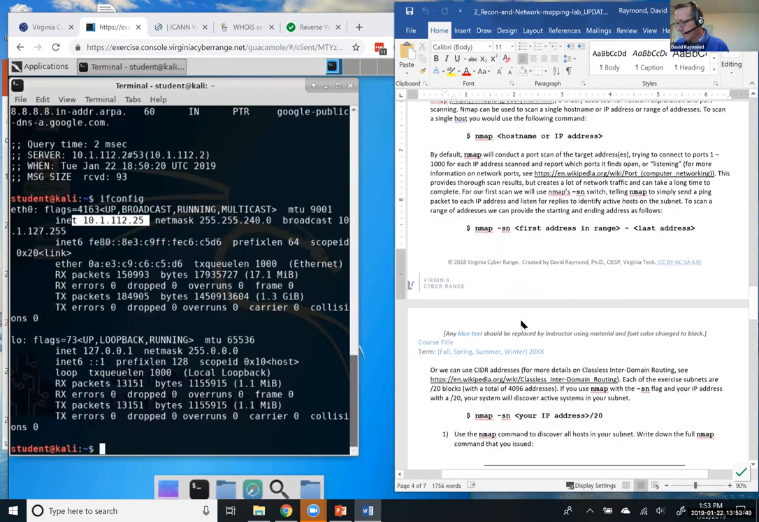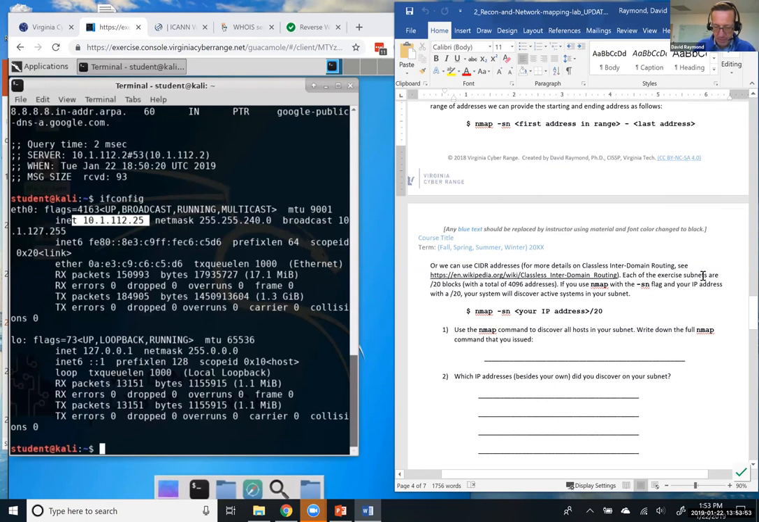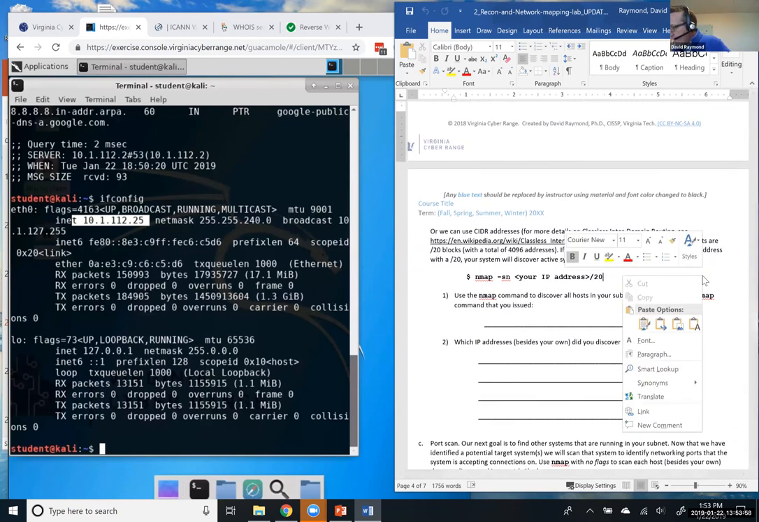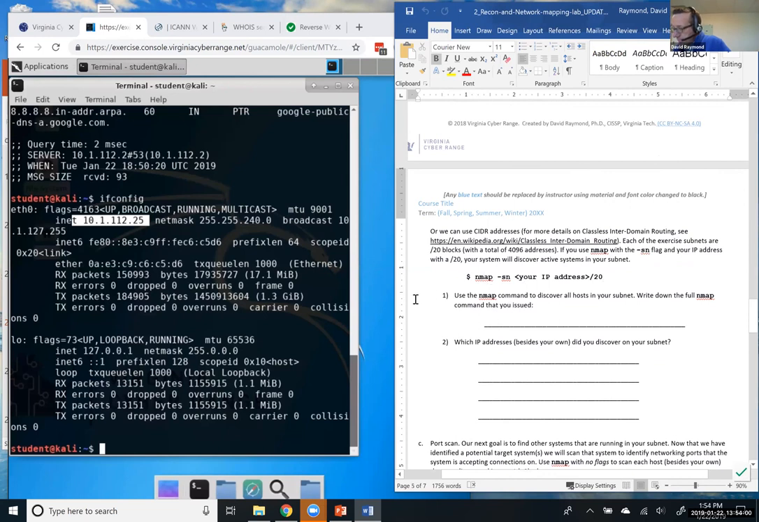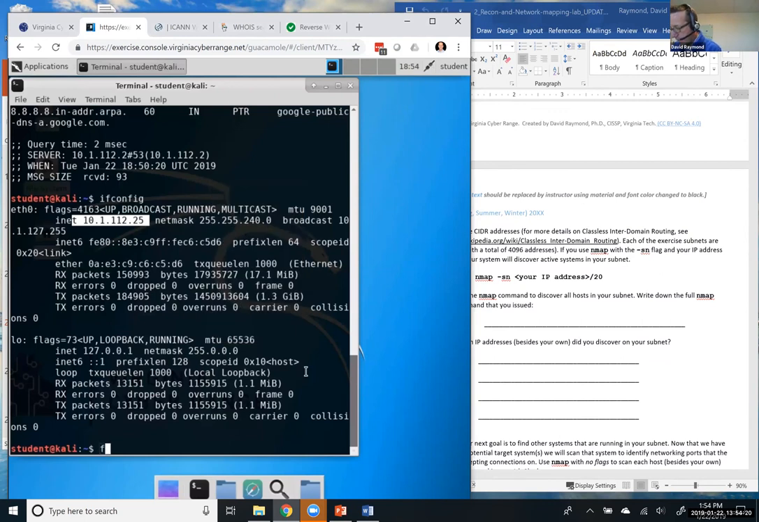It's basic binary math that you would have to do if you took a graduate class in computer networking, for example, or an undergraduate class. I'm not going to do that because there's a way easier way to do this. I don't have to know the first and last address. I just have to know that I have a /20 subnet, and I'm telling you that right here. So in order to discover all the systems in my subnet, I'm going to follow this syntax: nmap